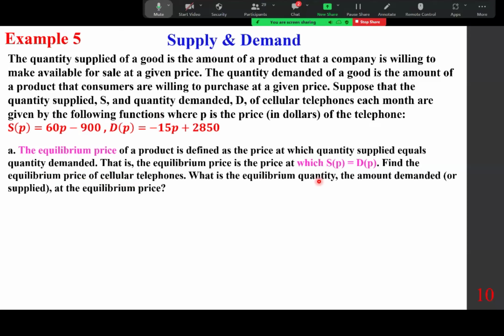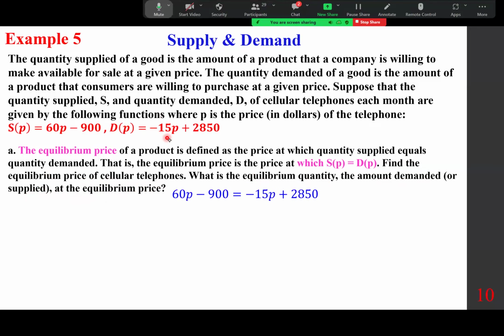What is the equilibrium quantity, the amount demanded or supplied at the equilibrium price? Ultimately, at the equilibrium price, the companies and the consumers come to an agreement to make the deal happen. So we set them equal